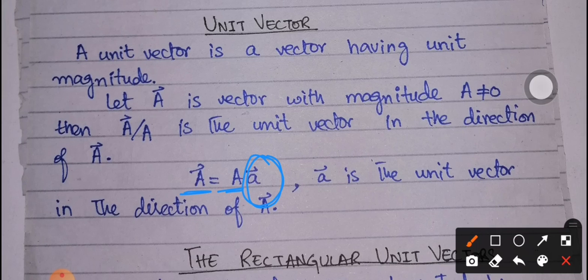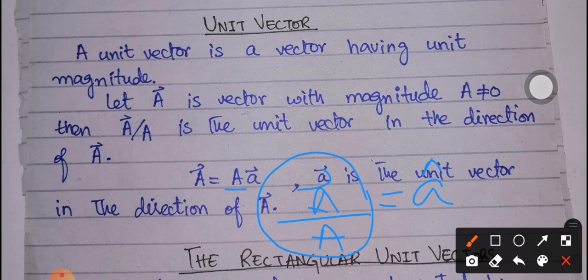When I define the unit vector, as we know the unit vector is a vector with magnitude 1, how can we prove it? In this case I'm just going to divide by a on both sides, so that I get vector A over a is equal to the unit vector A cap. So you can see that in order to make a unit vector, we just divide a vector by its magnitude, so that we may construct a unit vector in the corresponding direction. This is how we can find a unit vector along any given vector. We divide that vector by its magnitude, and we get the unit vector in that particular direction.